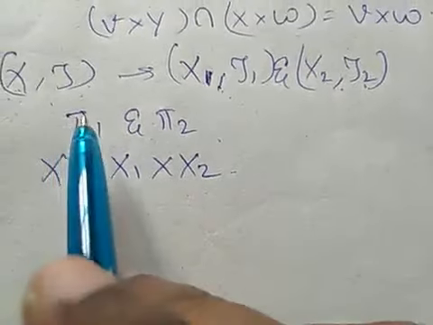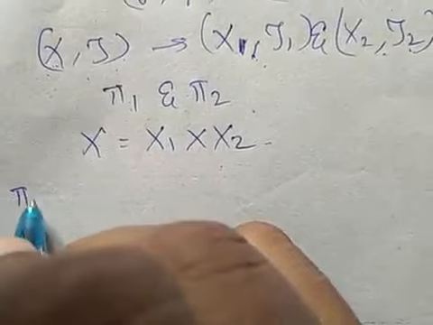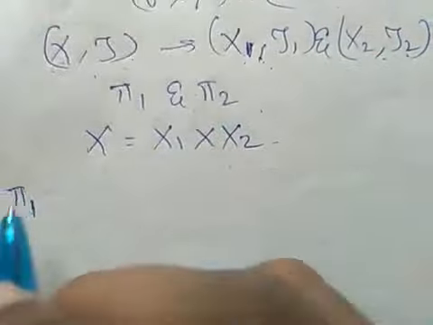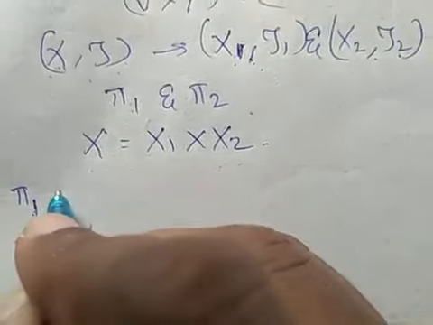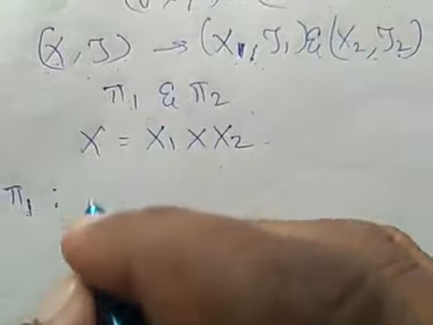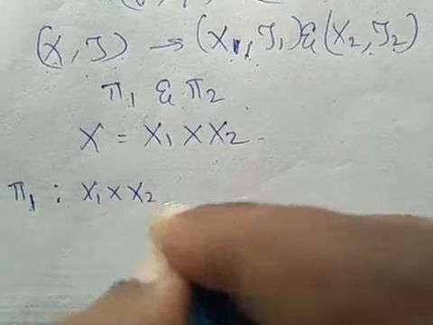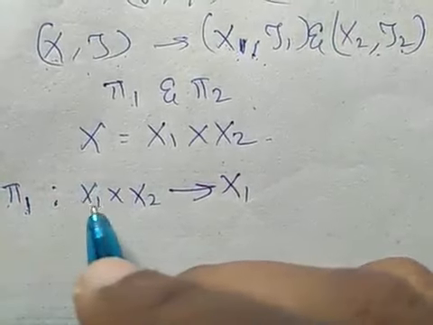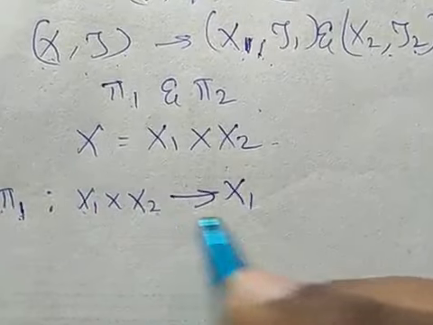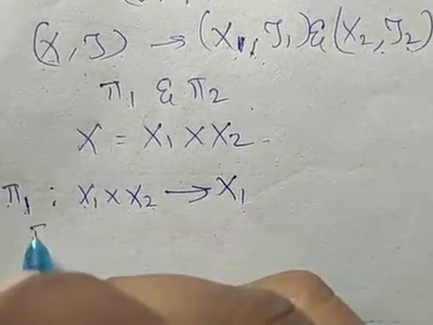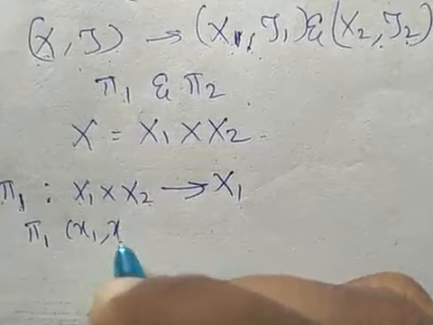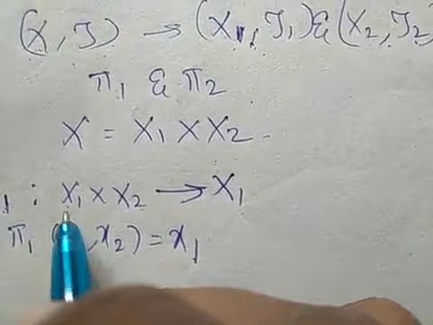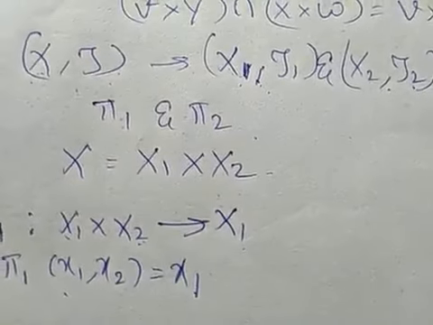Now we are going to define the map phi. So how do we define the projection map? If it is the first term, here it is X1, X2, so I am writing it as phi 1, such that X1 cross X2 is defined to X1 itself. Phi 1 is defined from X1 cross X2 to X1 such that phi 1 of (x1, x2) should be equal to x1 for all (x1, x2) belongs to X1 cross X2. Similarly, how do we define phi 2?